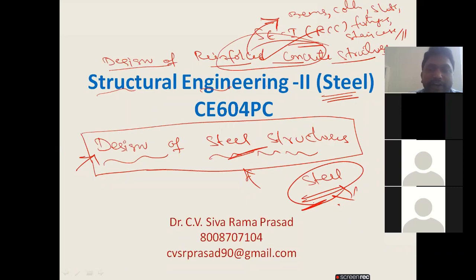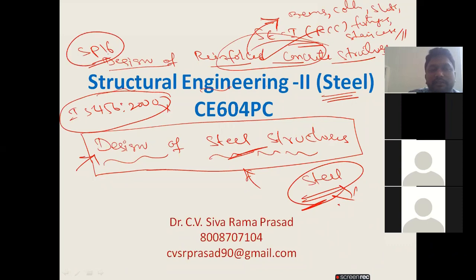So before entering into the class, first I will discuss the syllabus: what are the 5 units as per the JNTUH syllabus, from unit 1 to unit 5, and also I will explain the textbooks and references. Especially for design subjects, as we know, for the design of reinforced concrete structures, we used the IS 456-2000 code book, and also SP16 for the column designs, especially the interaction curves for short and long columns under biaxial and uniaxial loading.